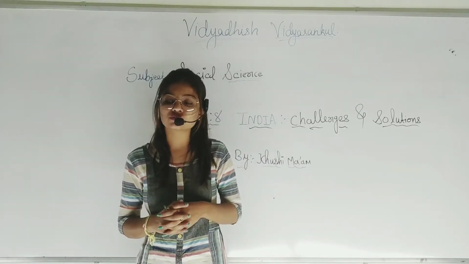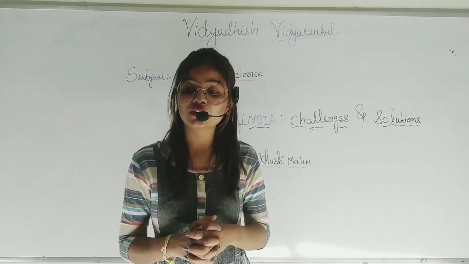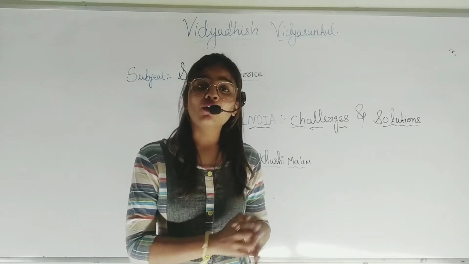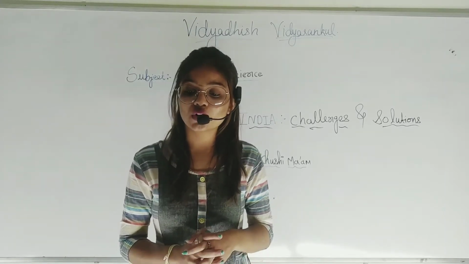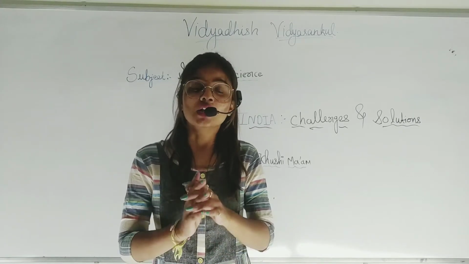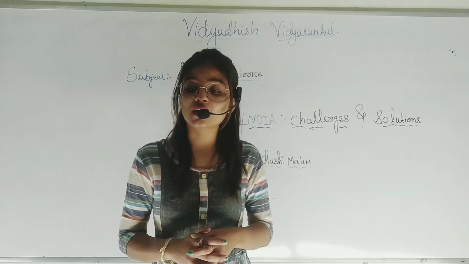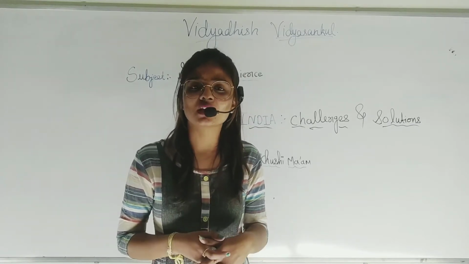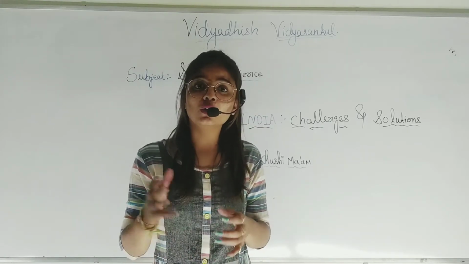Let's see, students, what is corruption? Corruption is a simple term meaning lack of integrity or honesty. If a person is without honesty, he is called a corrupted person. It means use of a position of trust for dishonest gain. That is, if a person loses his honesty for selfish profit, it is called corruption. It means dishonest behavior by those in positions of power, such as managers and government officials.